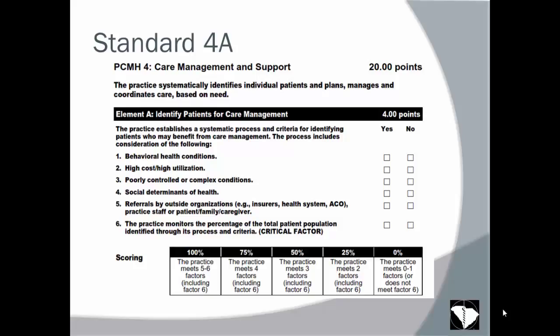And then for high cost, high utilization, you pick people that have been to the emergency department more than 3 times in the last year. And some of the diabetics with LDL above 100 have also been to the ED more than 3 times. They meet both thresholds. That's okay, but